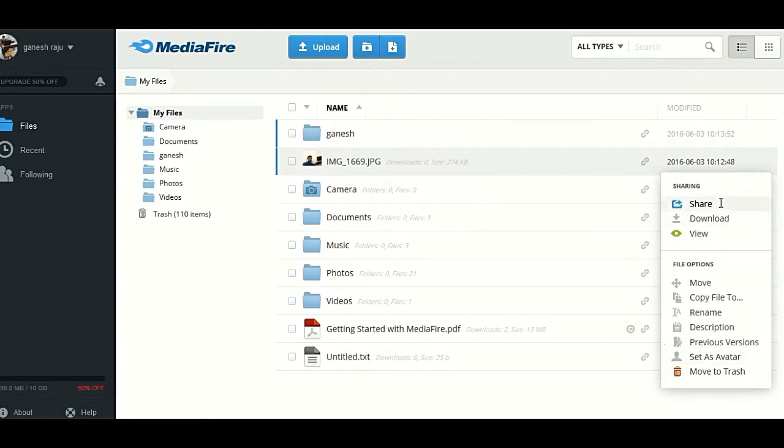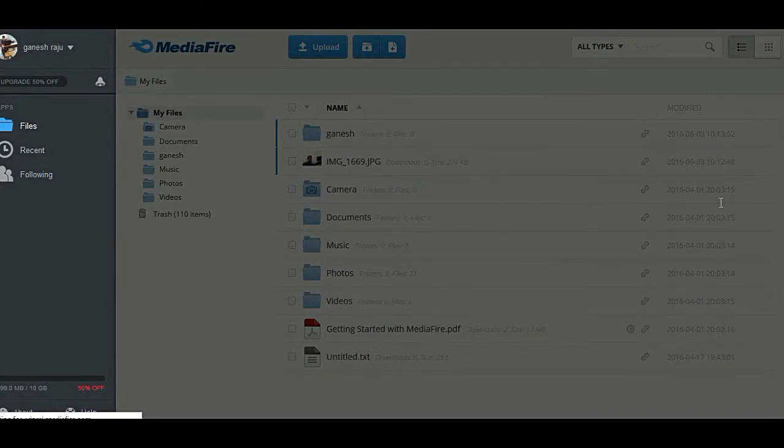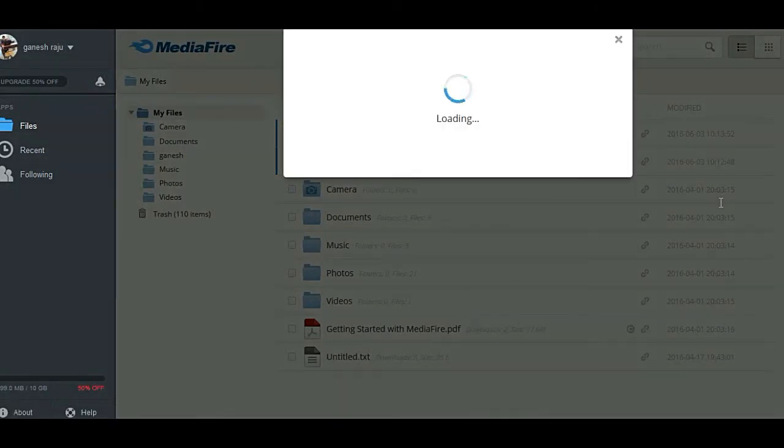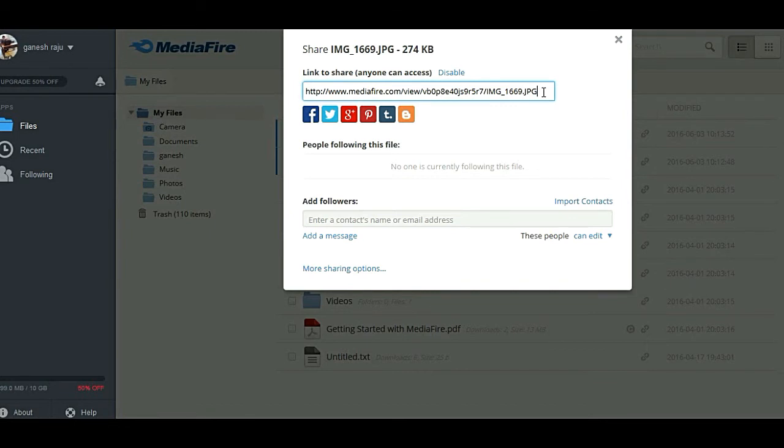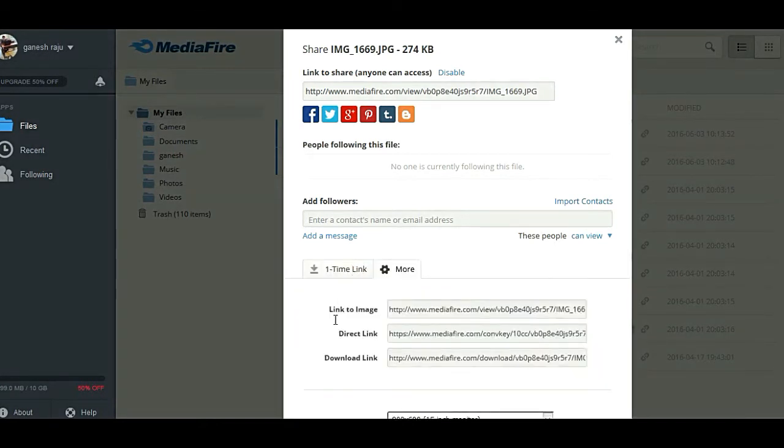So when you click on share, here you get your own link for it, so you can place it anywhere. Otherwise, you can enter the email contacts and followers and security, that is only edit or can view, and you find more sharing options. So this is the link for the image, only image, and direct link, and this is a downloading link.